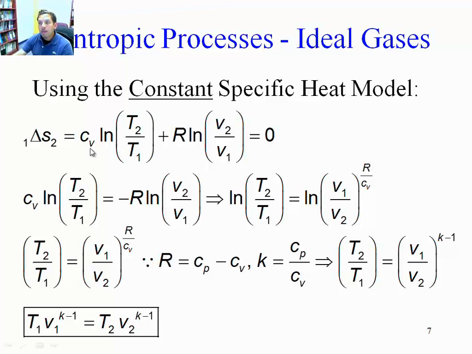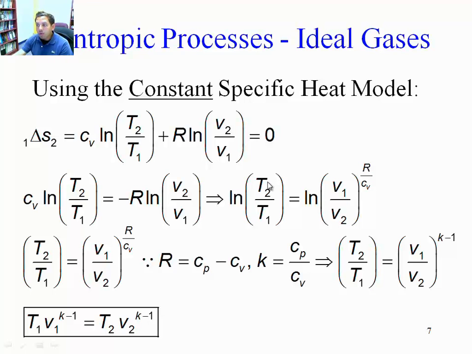Well, there it is. I'm going to make this 0. Then I'm going to take this to the right-hand side, minus R log of V2 over V1. Then I am going to take this minus sign, and by properties of the logarithms, I am going to switch V2 over V1 to V1 over V2. That's what the minus sign does in front of the logarithm. And I'm going to take the Cv and send it as a denominator of R, and then I'm going to take that factor as an exponent of the argument of the logarithm. That's just properties of logarithms.